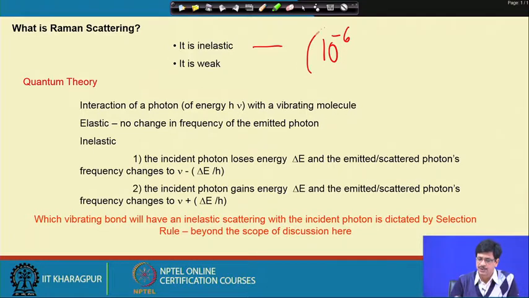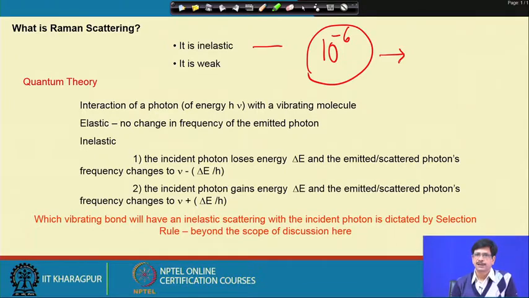So to study this inelastic scattering would be very difficult with the ordinary light that we commonly use. So we need electromagnetic energy, or light, of a much higher power than the normal light that we generate by a normal device. So it has to be a